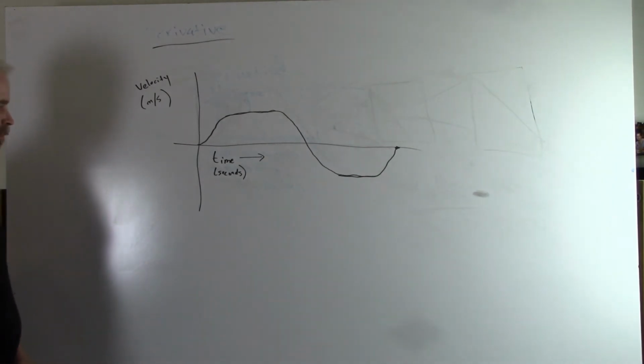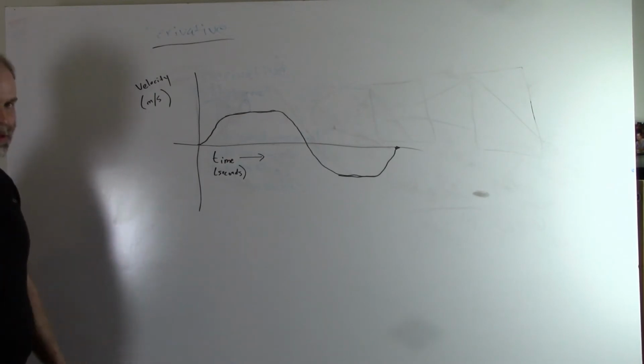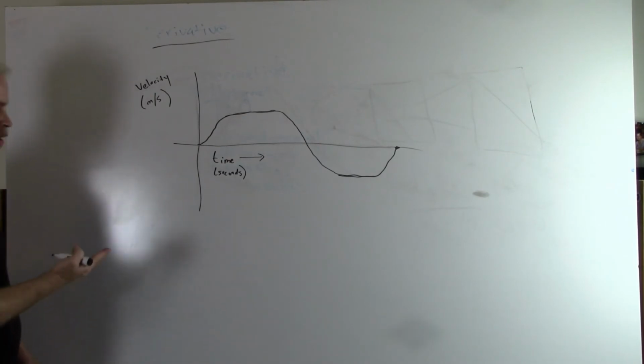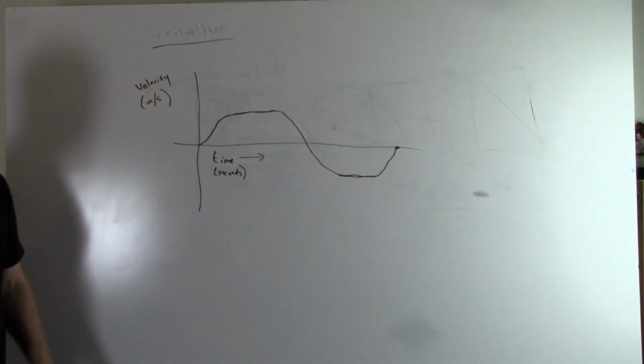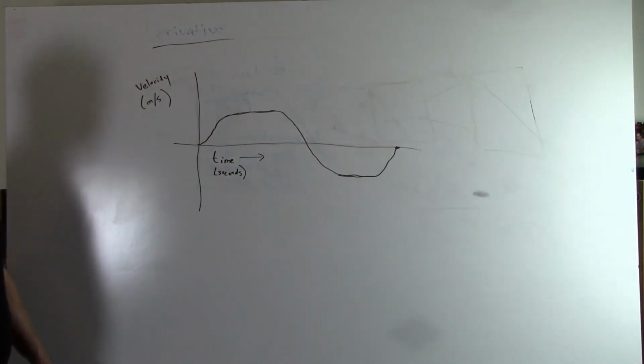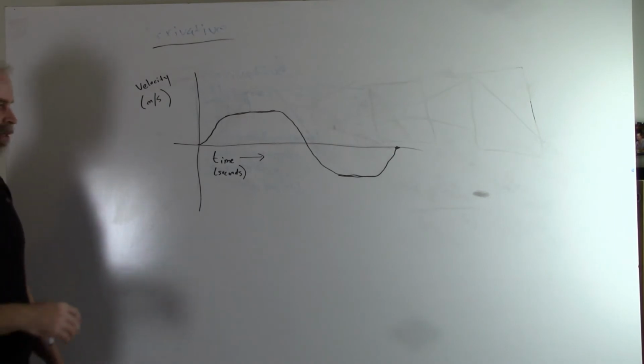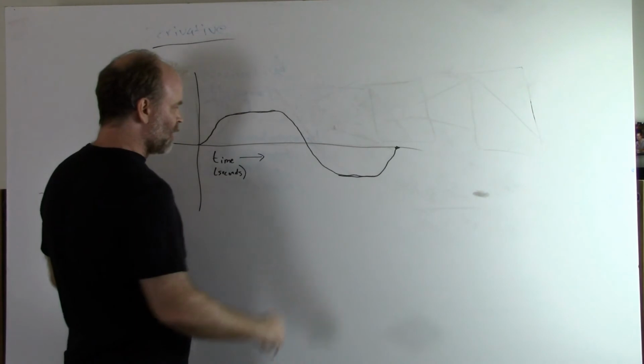So, okay, now what we want to do is look at this curve and determine how far did the car go during this period of time, only knowing what its velocity was. Okay, so the way that we approach that is, in general, for a curve, we can't really do this, but